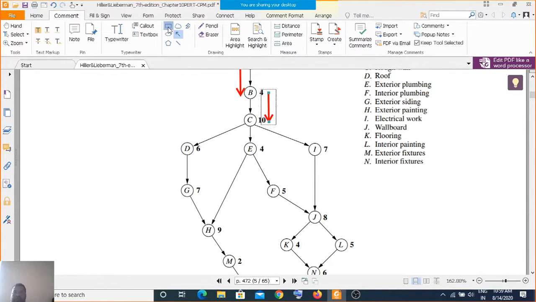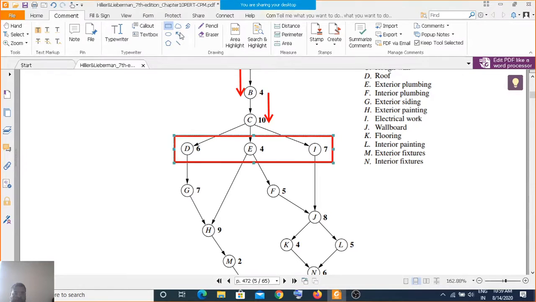So these three activities get completed within 7 weeks in parallel. But if you go serially, they require 6 plus 4, 10 plus 7, a total of 17 weeks. So here we need only 7 weeks.